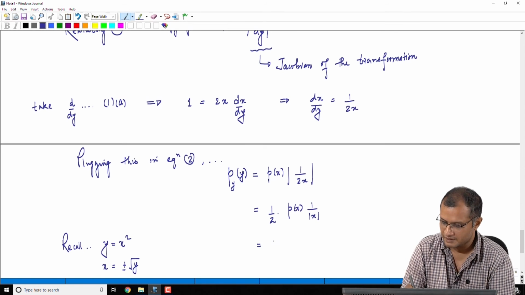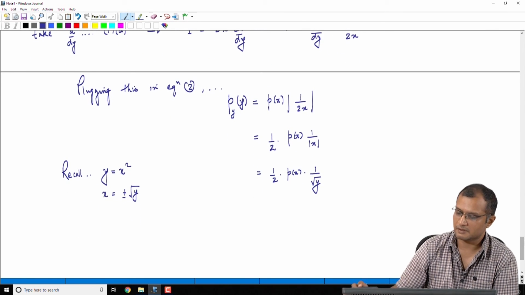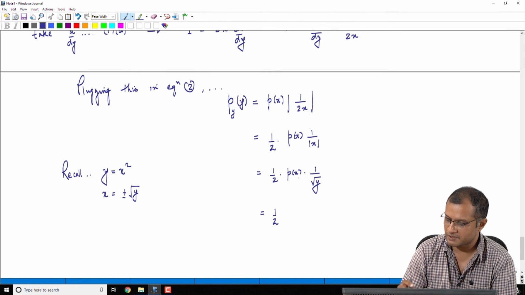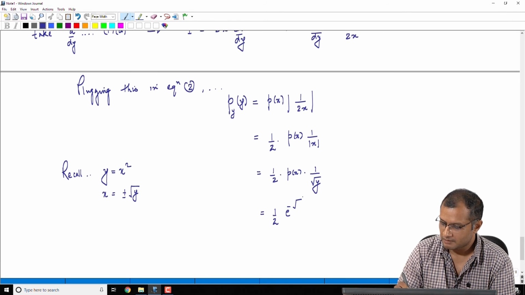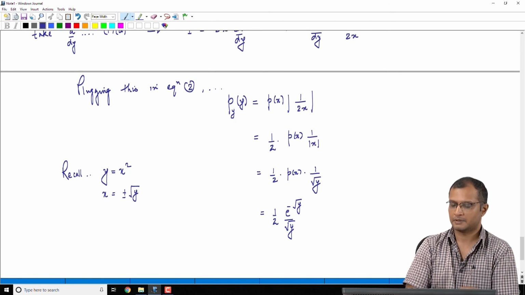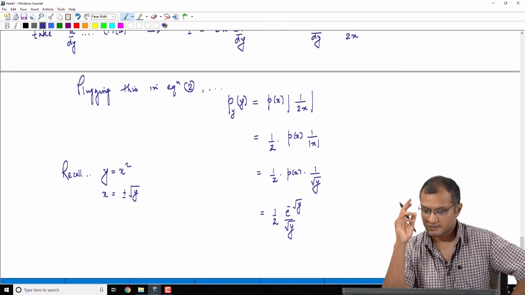Okay, so I can write this as 1 upon 2 p of x into 1 upon square root of y, because it does not matter whether you take plus or minus, mod of plus or minus is always plus, and our original PDF was exponential. So, I am simply writing for p of x as e raised to minus of x, and x is square root of y divided by square root of y. Now, I cannot take minus x here for the simple reason that my PDF is not